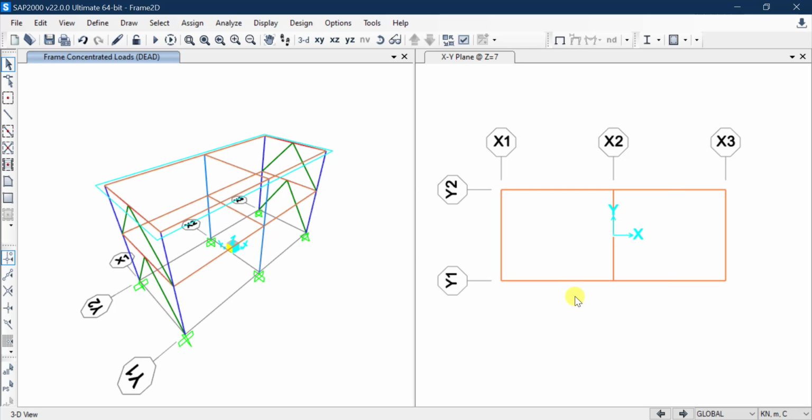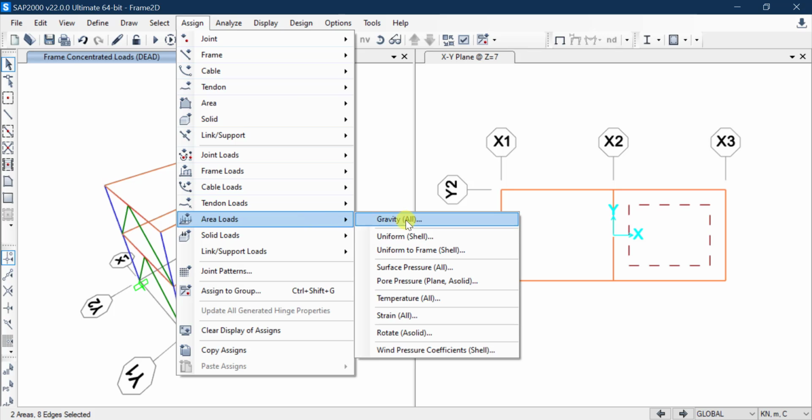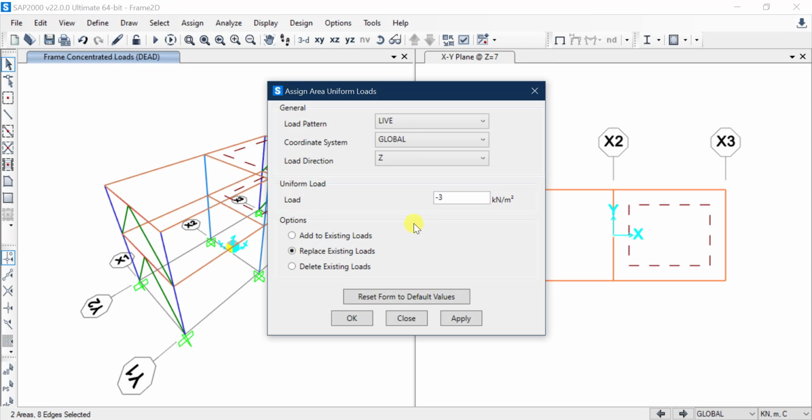Okay. So in this one, live half, I will just put live load on half of my building, just on half of my building. This is just to demonstrate some things when it comes to load combinations. So I will go to assign, go to area loads, go to uniform, global Z -3, not live, the load pattern under live half, and say apply,